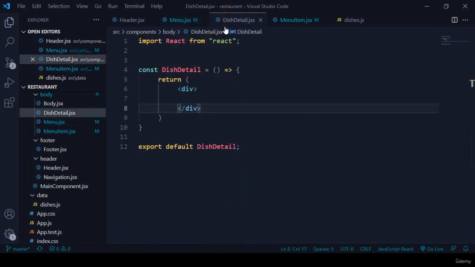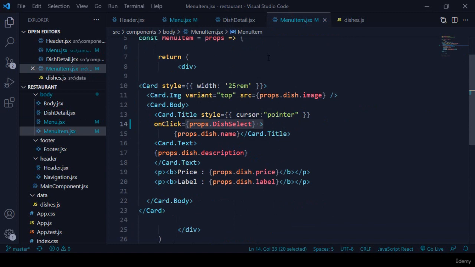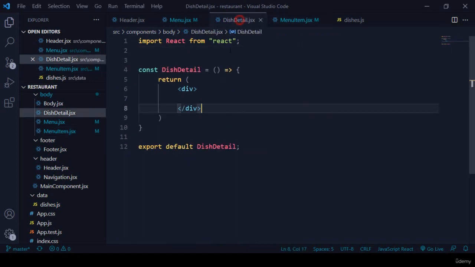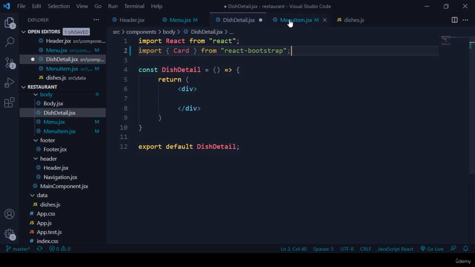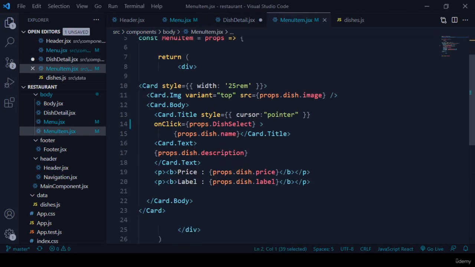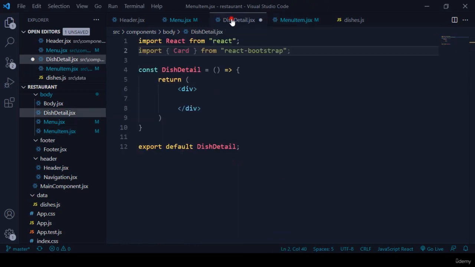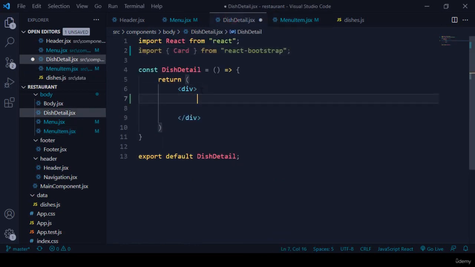So into the DishDetails page, now I want to do something just like our card. I want to load another card actually. So if you want to load this card, first I want to input it in our DishDetails, and also I want to use this card. I simply copy this card, and now in our DishDetails, after that into the div area, I want to